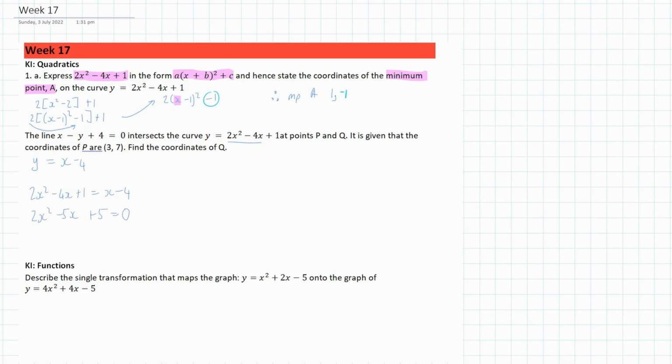And hang on, is that correct? Oh, I've made a mistake there. Yeah. So I think I should have this, because that 4 is originally on the same side as the x, so that should be plus 4. So this is plus 4, which makes a bit of a difference here. Okay, there we go. So this will give us